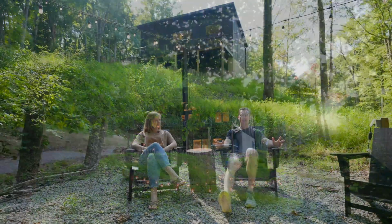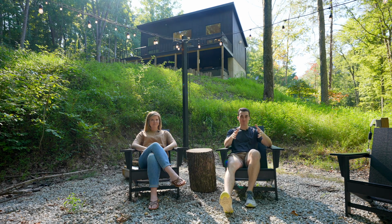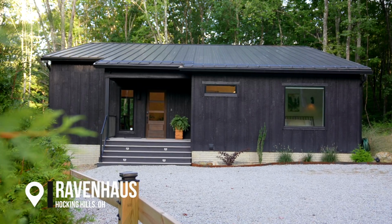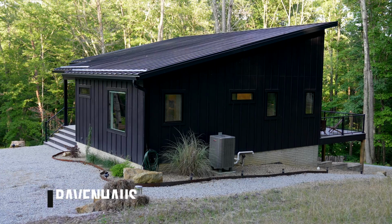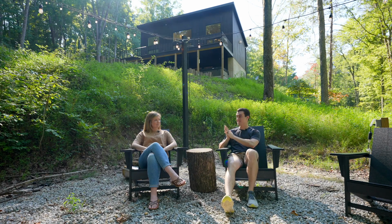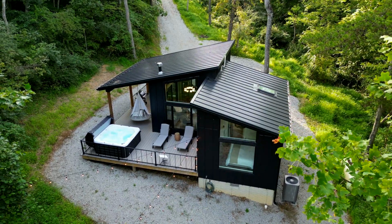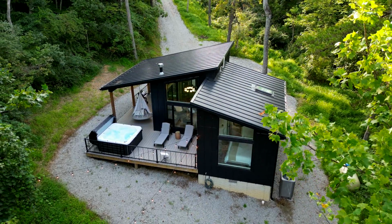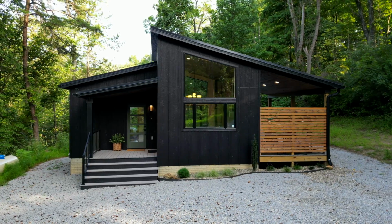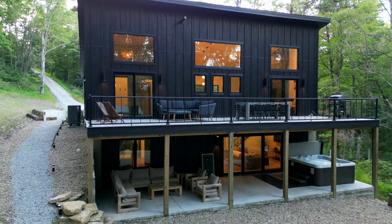The Ravenhaus cabin is beautiful. We're 5 minutes from Hocking Hills State Park, so there's lots of adventure to be had. And then the property itself is just in a lush forest. And not only is there this cabin, but we just stayed in the Nest, which is their smaller honeymoon cabin that is just as pretty. Very different experience as it's made for more of an intimate setting, but Ravenhaus is larger, so you can have